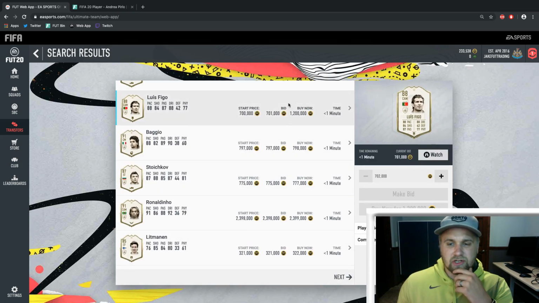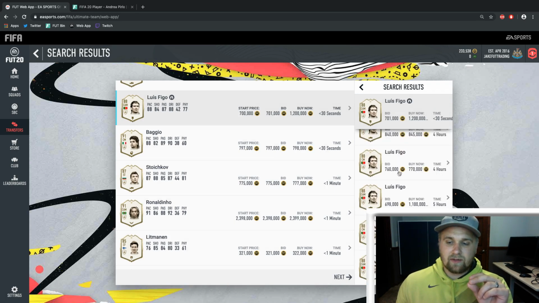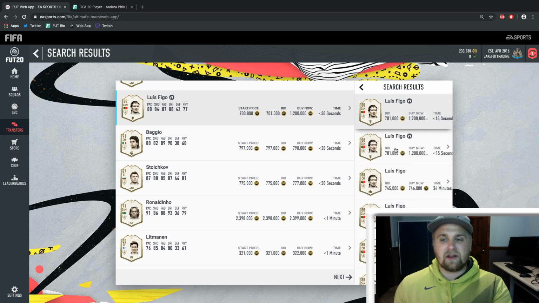So I'm going to search here, and what I'm scrolling for is someone with an open bid on them. I noticed right away that this Figo has a bid for 701,000. Let's compare his price here, and my guess would be he's probably selling in the mid 700s, so I wouldn't bid on this because after tax, which you do lose 5% on, you wouldn't make a whole